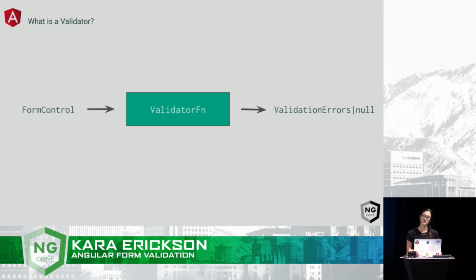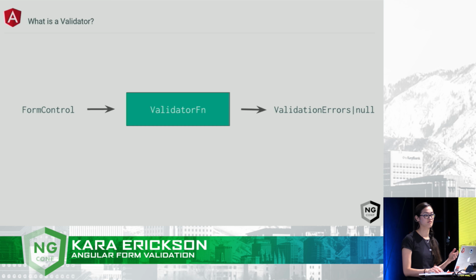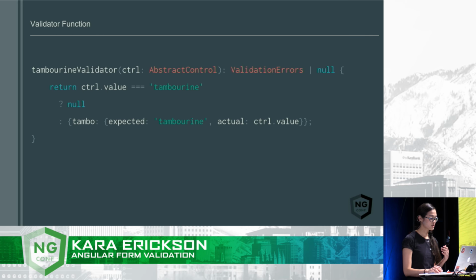So when we talk about validation rules, what we really mean are validators. Validators are just functions that take a form control instance, usually looking at its value, and return a map of errors or null. And then we can use this validation result to calculate the status of the control. So if you return null, we calculate a status of valid, and if you return errors, we know that it's invalid. So we have a number of built-in validators that you might be familiar with, like required and min length and max length, but we also allow you to build your own custom validators, and this can be a really